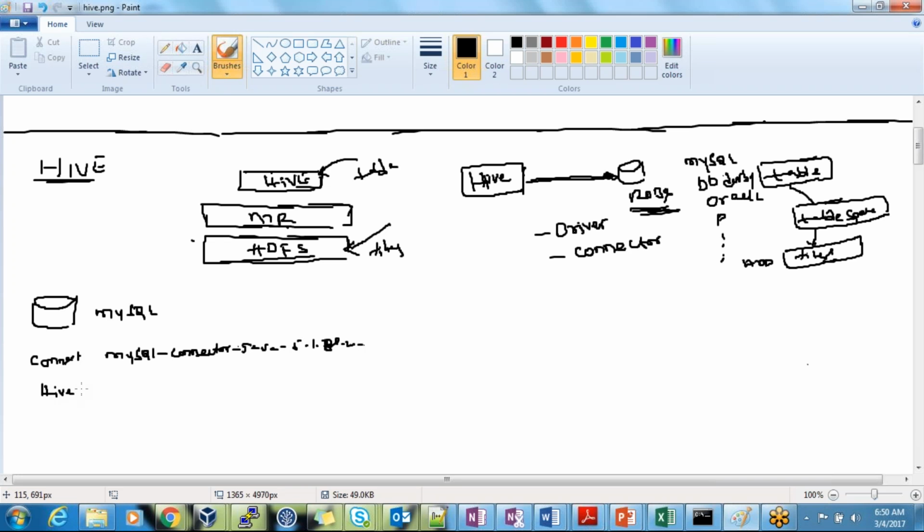Hive. You can use 2.0.1, I think it's a stable version, and set the class path. Set the class path for Hive. Copy the connector, whatever connector you have downloaded, to the Hive library,